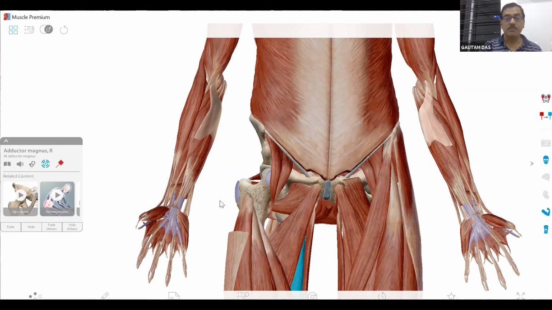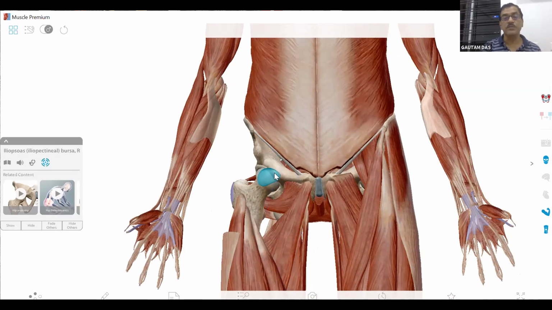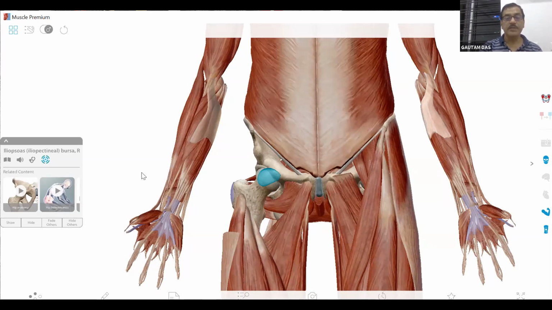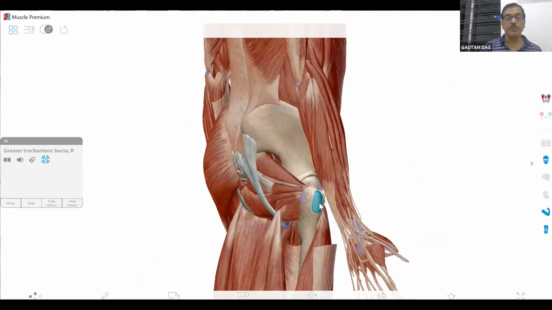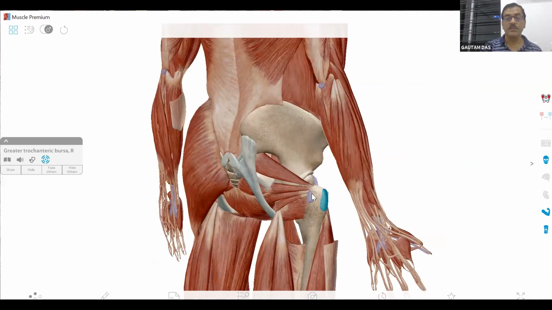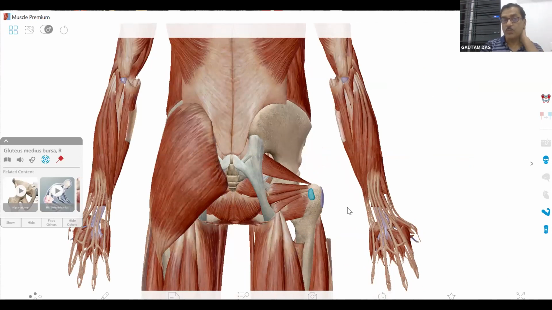So these are the muscles around the hip joint, and there are certain bursas. If you are reviewing this, there is one very important bursa. This is one important bursa which can cause anterior hip pain. There is another very important bursa here, that is your trochanteric bursa. Again, that is one of the very important causes of lateral hip pain. And there is an important bursa here, which is your gluteus medius bursa, which is for posterior or posterolateral hip pain. So these are the very important bursas.